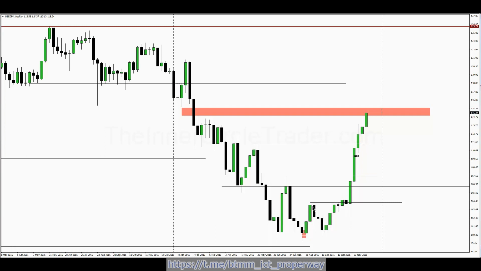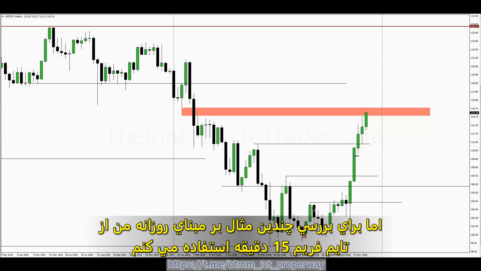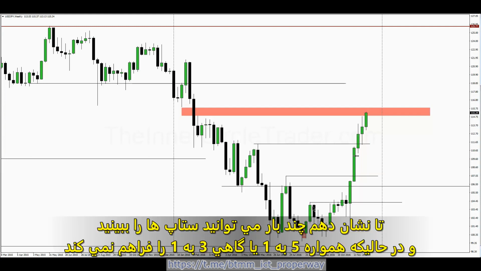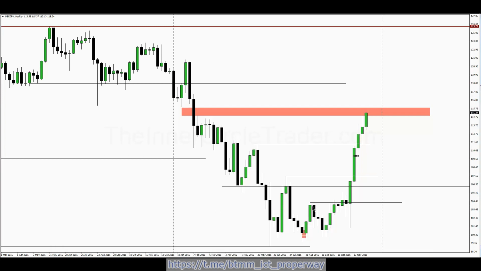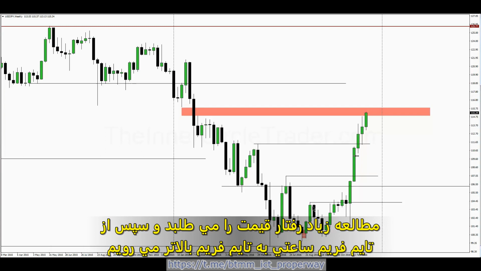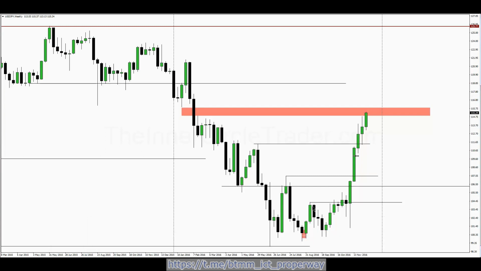But to give us multiple examples on a day-by-day basis, I use a 15-minute time frame intraday to show you how many times you can see something setting up. While it won't always deliver 5-to-1 or even 3-to-1, it will deliver a lot of price action study. And when we move out to a higher time frame, where we're only working off an hourly chart, it'll give us a great deal more